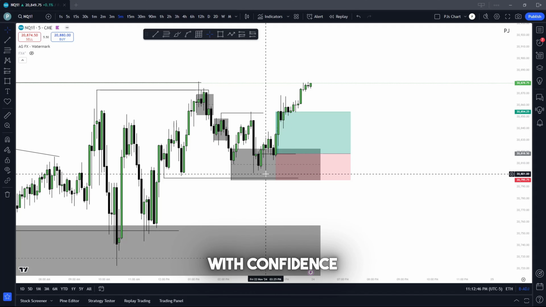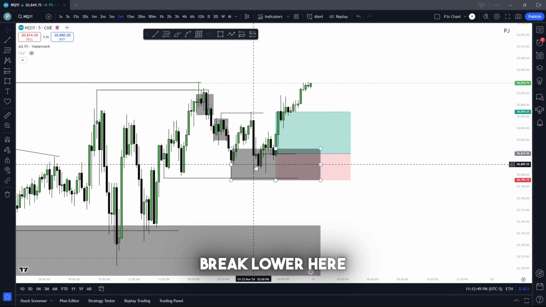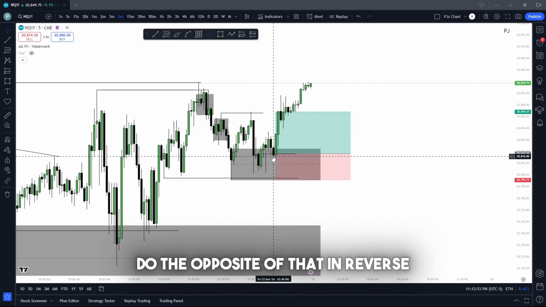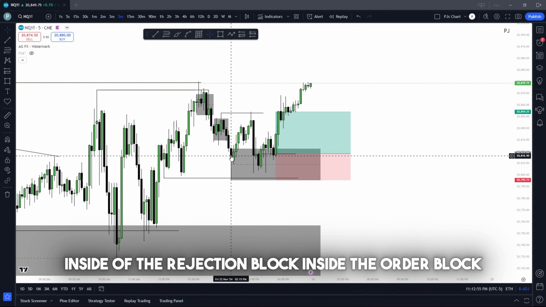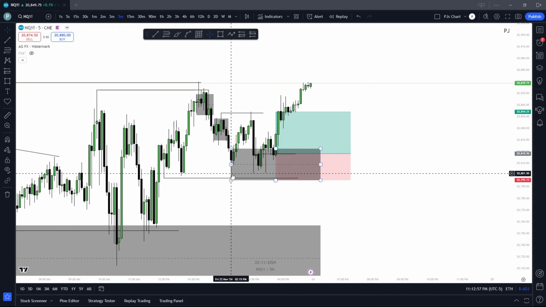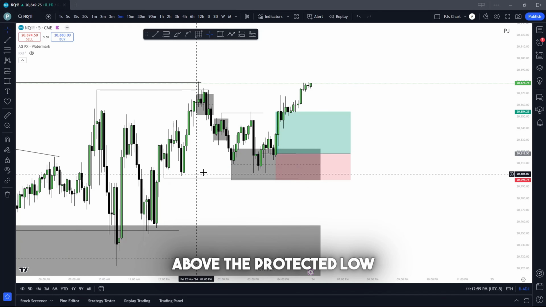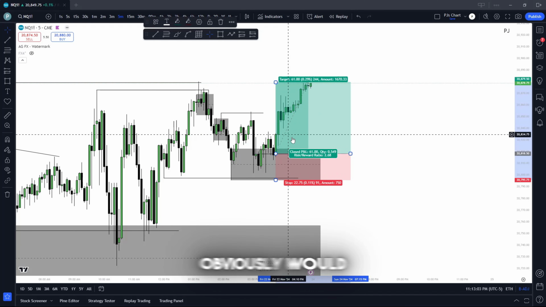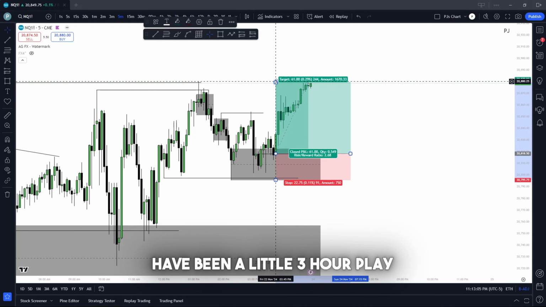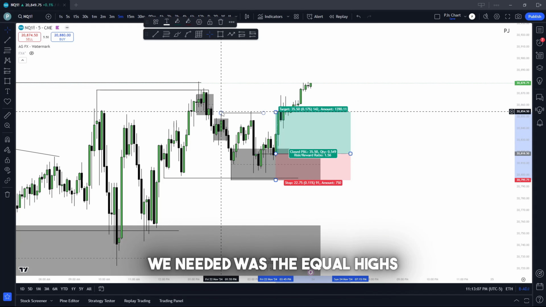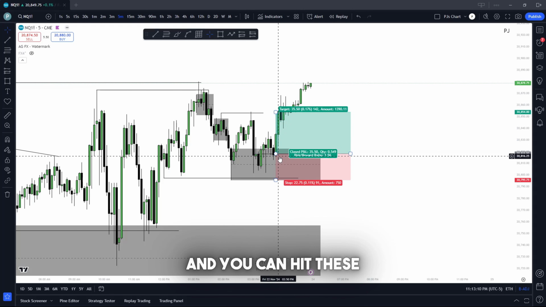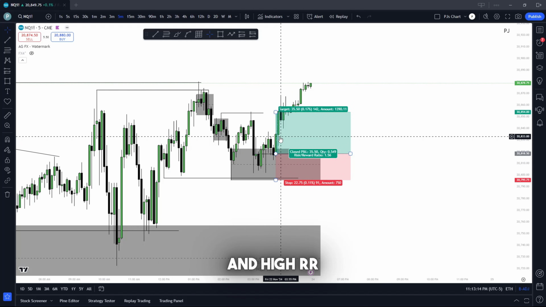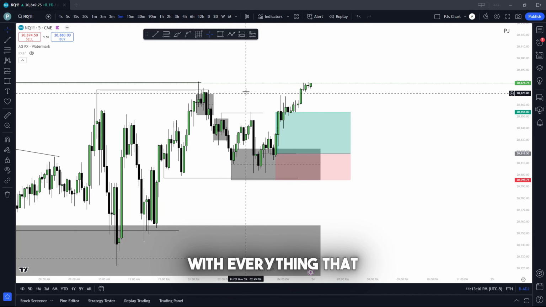Followed through with confidence that we're not going to break lower here. We do that, or we do the opposite of that in reverse inside of the rejection block, inside of the order block, above the protected low. And we see, if I would have held, obviously, would have been a little 3R play, nothing crazy. But all we needed was the equal highs, and you can hit these with high probability, high precision, high win rate, and high RR, with everything that we include in the video,